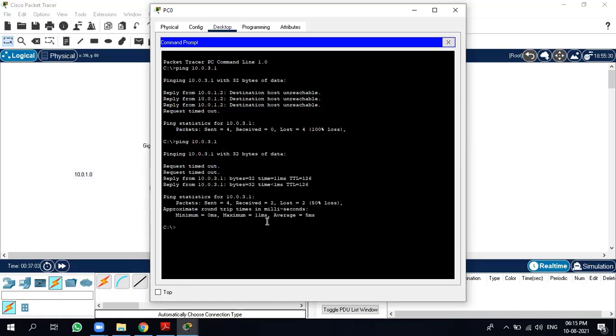Okay, so the connection is established and we are getting a reply from the destination, that is 10.0.3.1. If you can notice over here, we have pinged the same device and from same device we are getting the reply back.